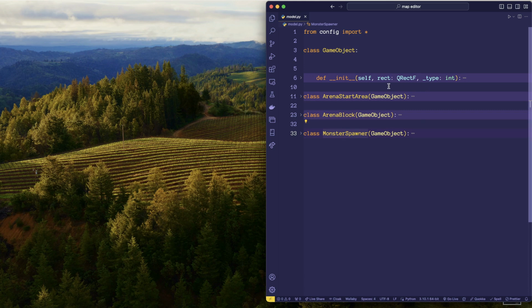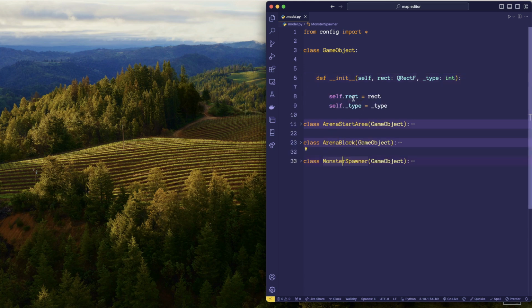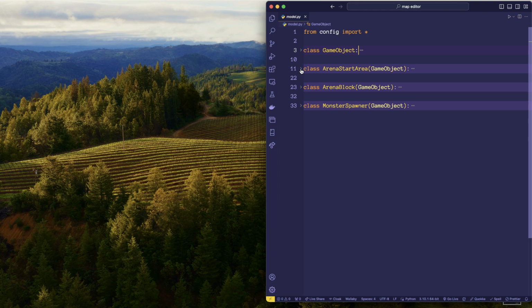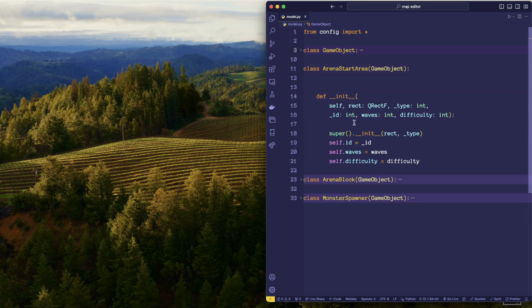So a game object is very simple. It just has a rectangle which describes an object's position and size, and an integer variable called type, which just describes what type of object that is. That's later used in deciding which color to draw the object, which label to put on it, and stuff like that. Then I have other classes which can extend that. For instance, an arena start area has a position and an object type, but it also has further parameters like which arena index is this, how many waves, what difficulty,